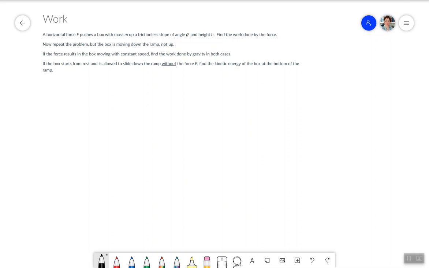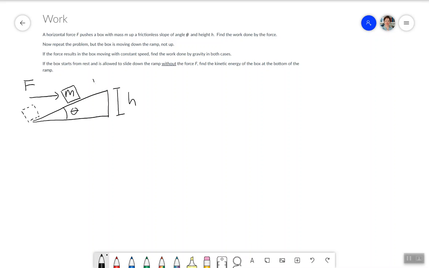Here's an introductory problem on work. The problem was this: you have some kind of ramp at an angle theta and height h. You are pushing with some horizontal force an object up that ramp, and the ramp is frictionless. The object has mass m. And the question is, what is the work that you do getting it from the bottom